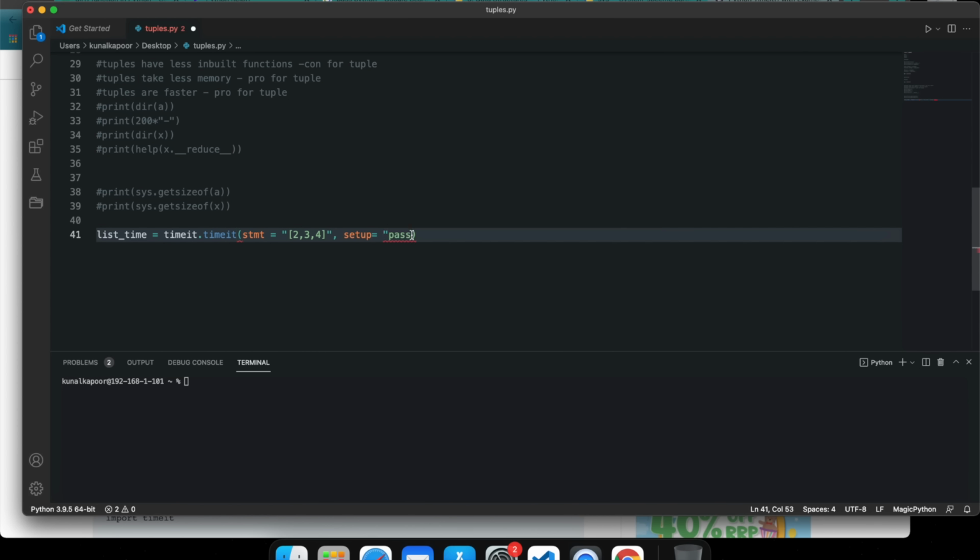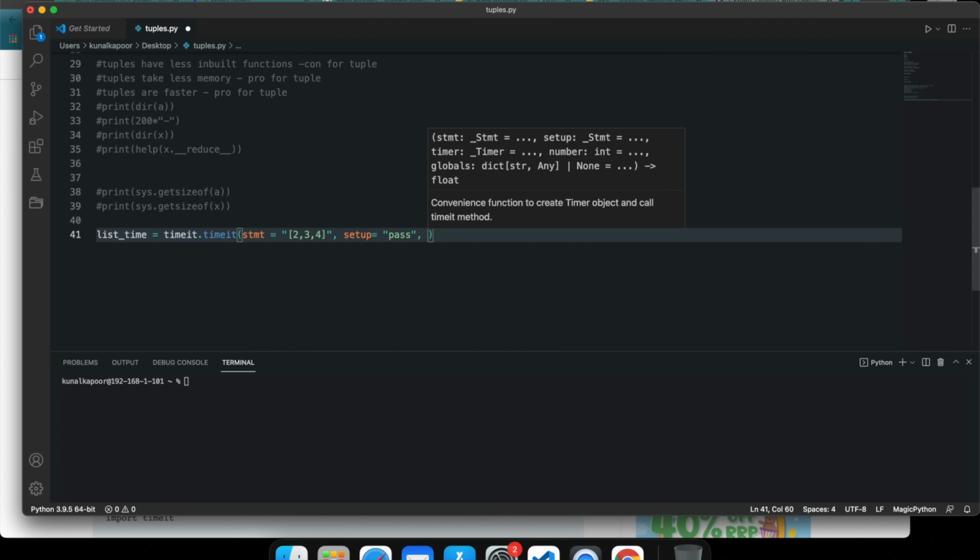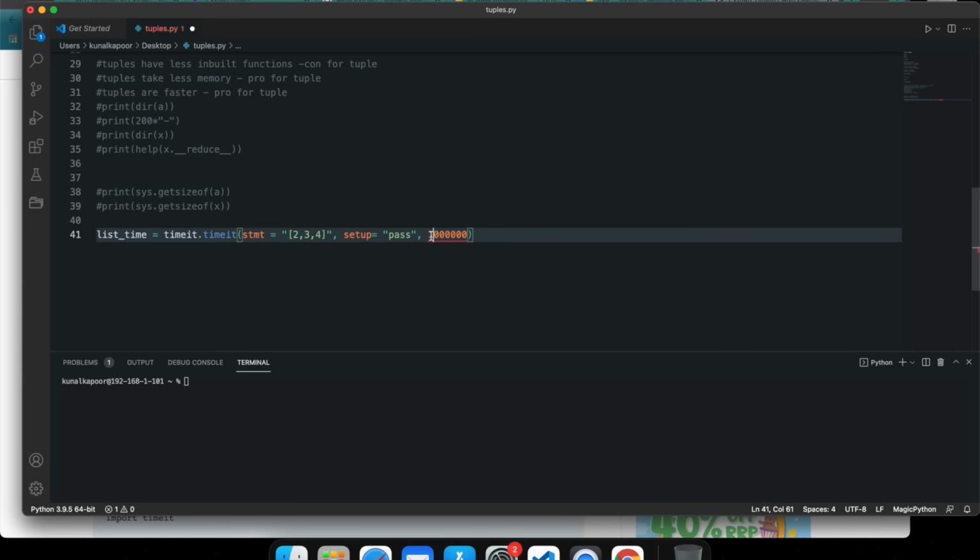Pass has to be inside the quotes, comma. We don't need to write timer, as we can ignore it, and that needs to be number equal to